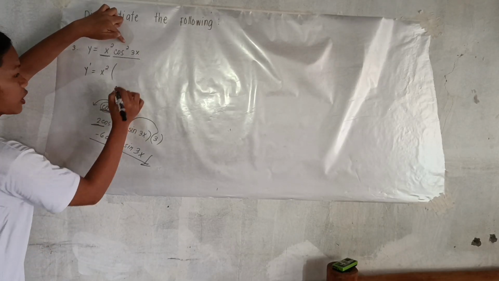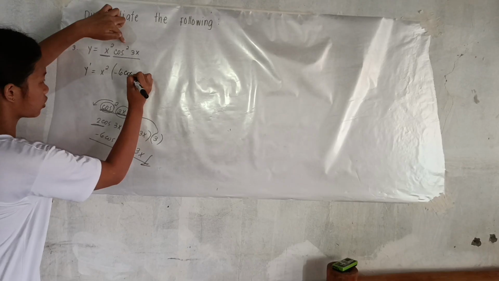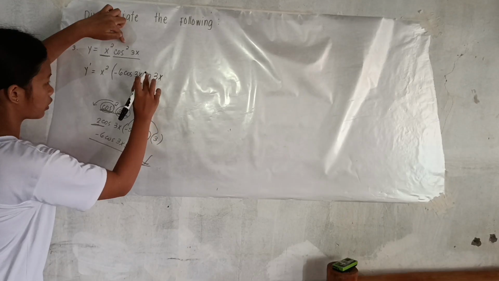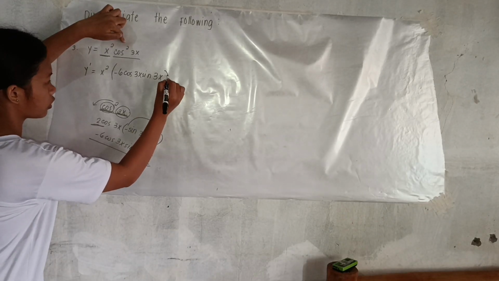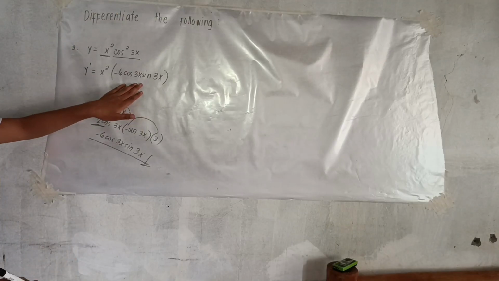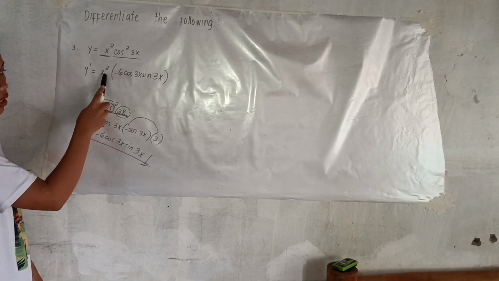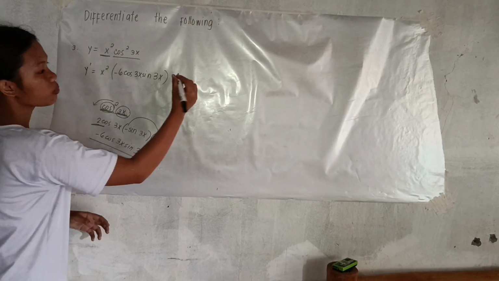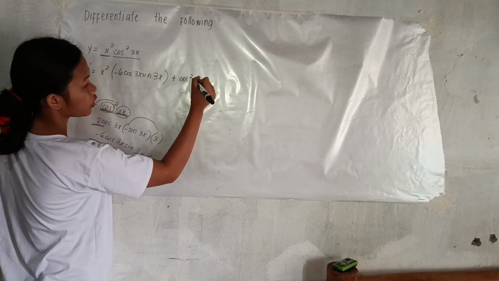So we copy the first term, derive the second term, plus copy the second term, cosine squared 3x,